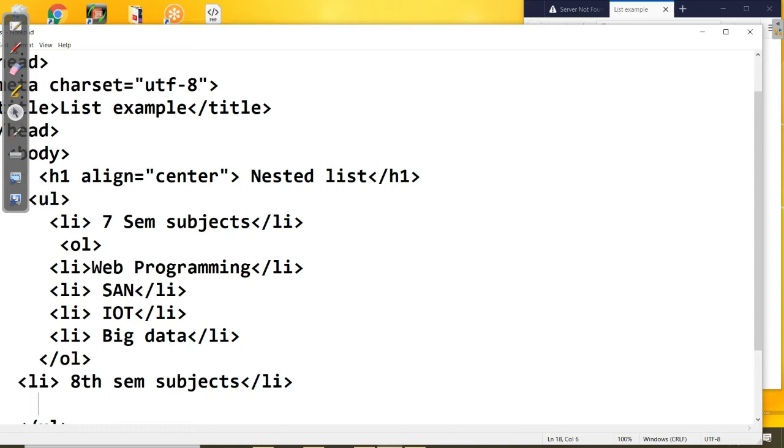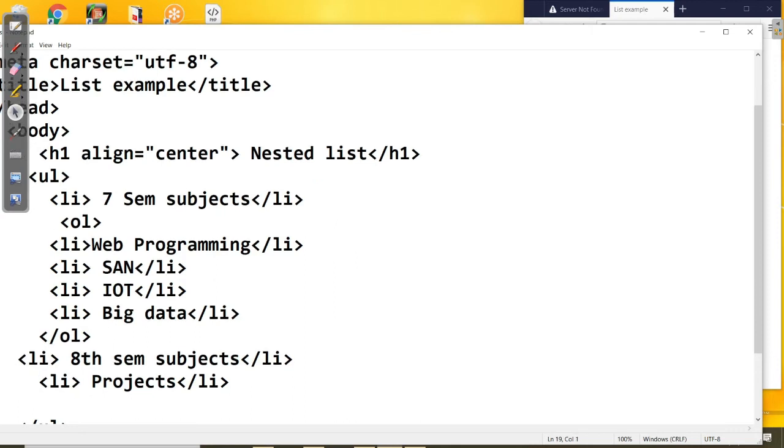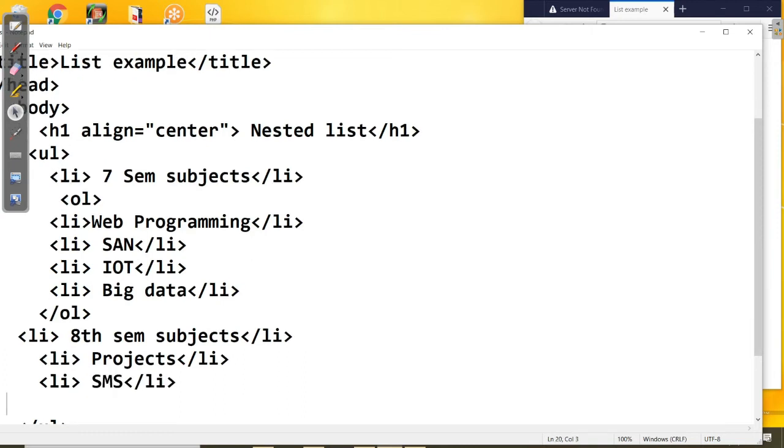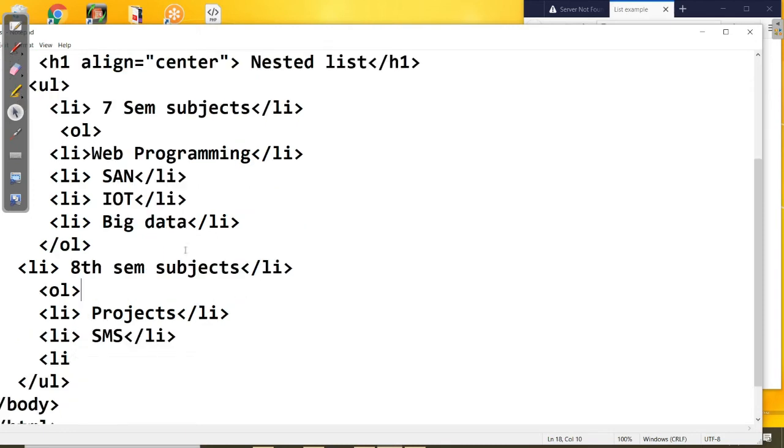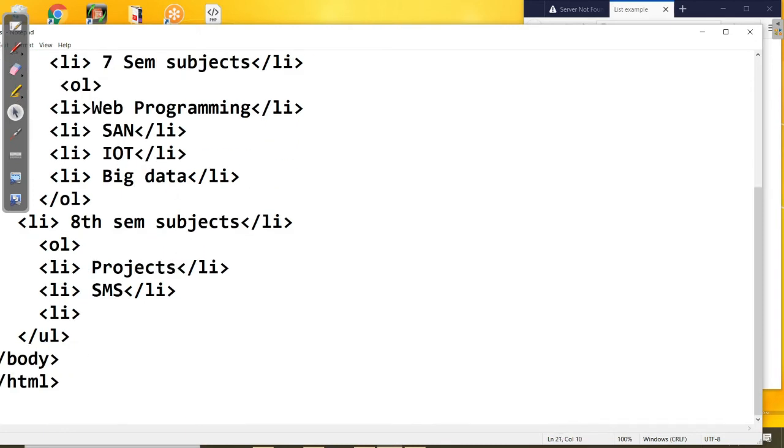So I am writing here li projects 8 semester, just see li, then another subject as per my knowledge I think SMS, li, then go for seminar li. Here see again I missed one thing, after that when we have to start the ordered list here ol, and then again these are the part of the ordered list only, then we can go for the seminar, clear li, then close here again the /ol.